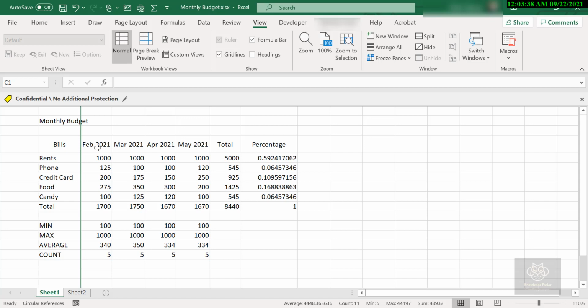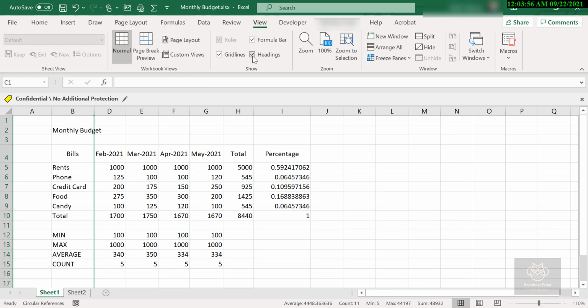Now that could also potentially be used here if you are really trying to distract the user and you don't want them to gain access to it. But once again, the more advanced users inside of Excel, they can go right back to the view and turn heading back on, right? So really worksheet protection is going to take it much further for us, and again just watch for that later in the course as well. But try this one out.